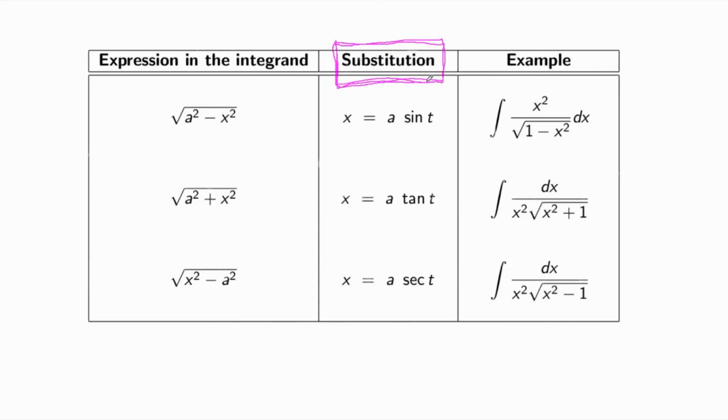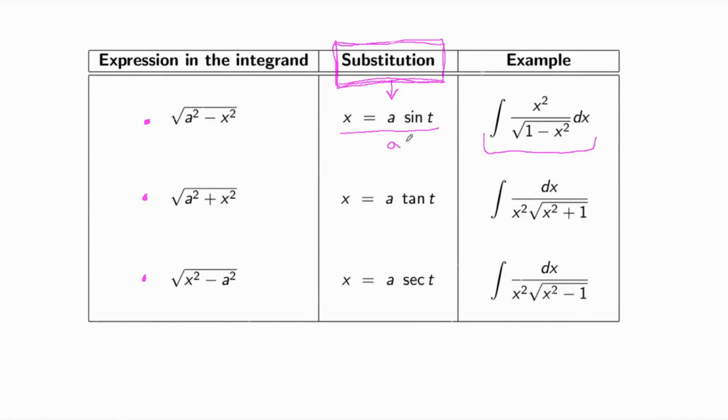In this video we will look at some special substitutions. We can use those substitutions to compute integrals of functions containing expressions such as the square root of a squared minus x squared, or square root of a squared plus x squared, or square root of x squared minus a squared. For example, if we want to compute this integral, we can use the substitution x equals a times sine t,